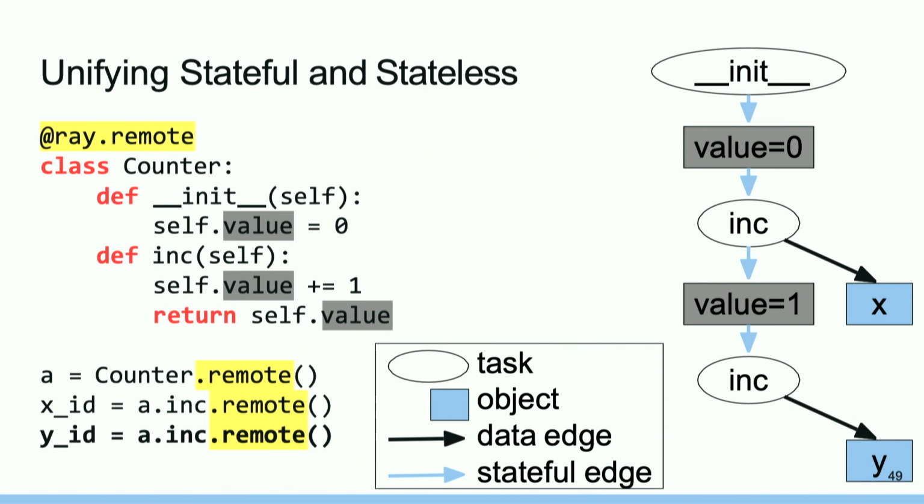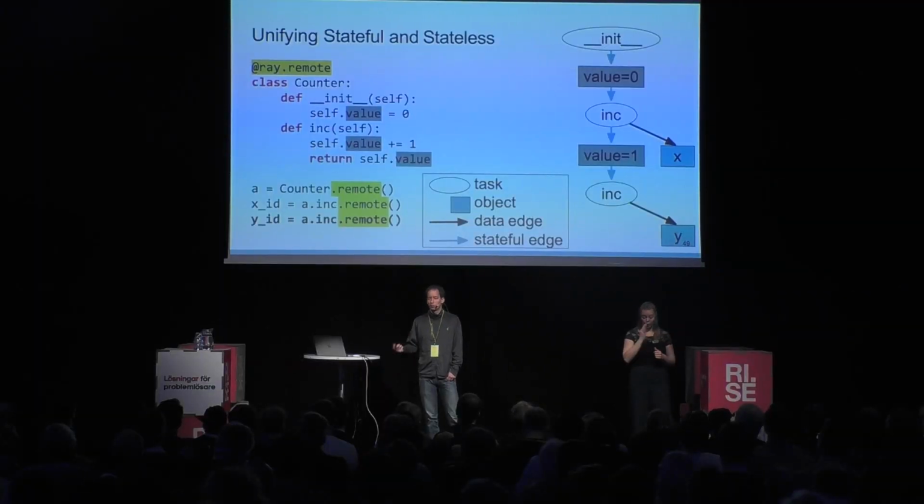State is sort of like an extra input to the function, and it's just carried around. But this is handled very efficiently by the system. We don't need to serialize the state. It can just be kept around. And the state could, in fact, be, for example, some real-world state.